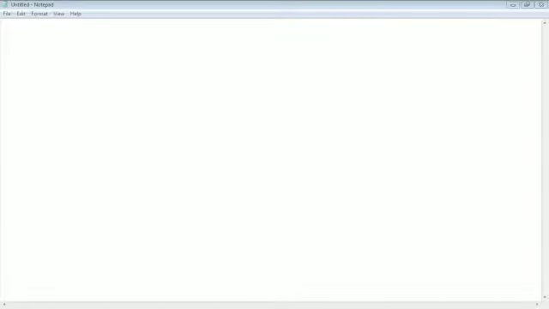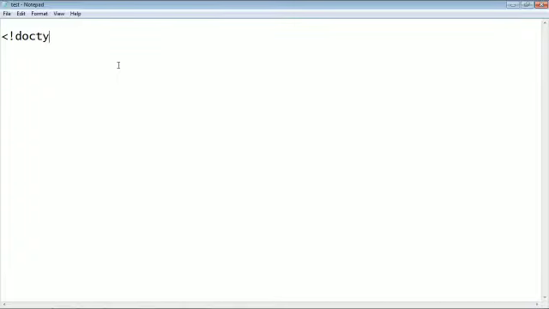So the next task is to write the coding. Before starting the coding, all of you have seen this one. This is your angular bracket and this is your exclamation sign, and first we will mention the document type. It means we need to mention the document type of HTML. This is a mandatory option. Which type of HTML you need to use, you can write, and then after that you will write HTML 4.01. This is your document type.